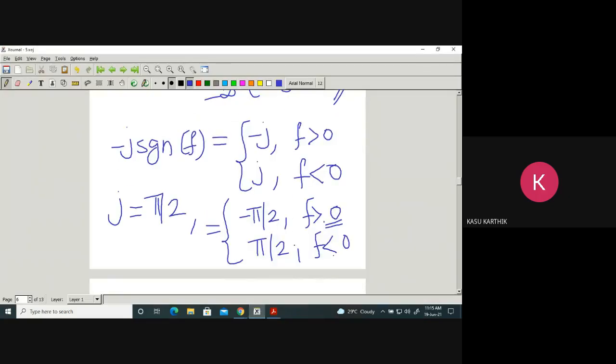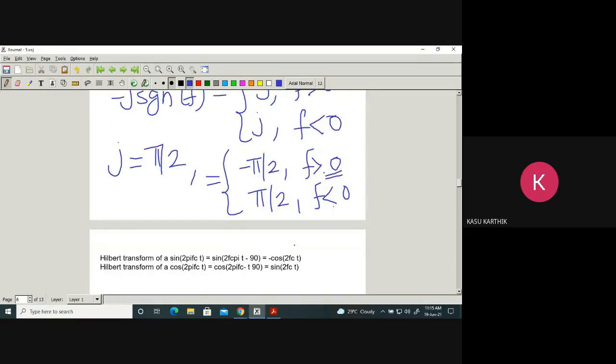Now, but mathematically what can we say? It is very, very important. Observe this carefully. Mathematically, I will say that for all frequencies, it is introducing a phase shift of how much? Minus pi by 2. Whether it is positive or negative, it is having a phase shift of minus pi by 2. Can I say like this? Why? Because if it is positive, minus pi by 2, and negative, minus pi by 2. That's why mathematically for all frequencies I can say that it is having a phase shift of minus pi by 2 or minus 90 degrees. So that is the job of the Hilbert transform.